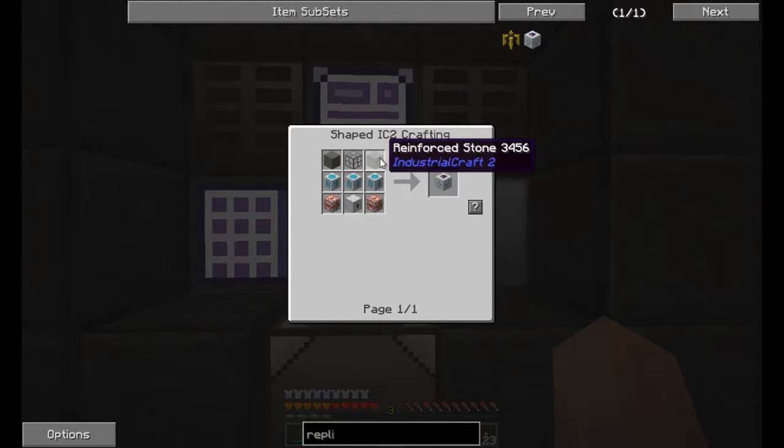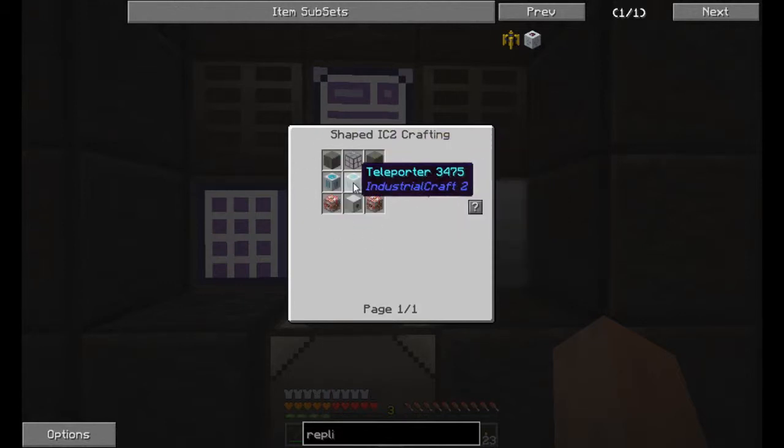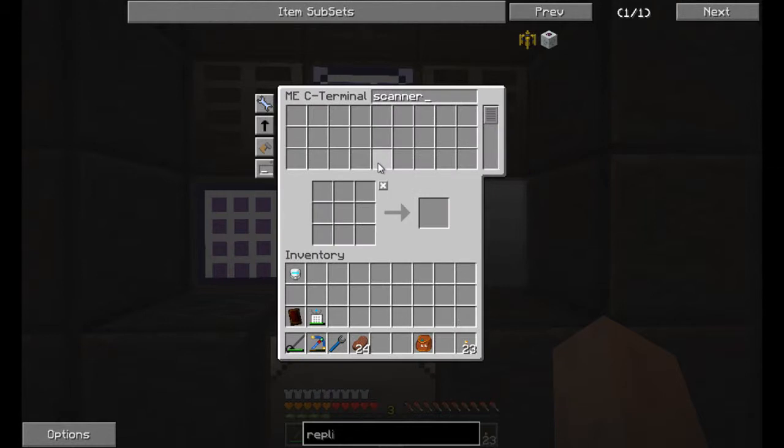Reinforced stone is a problem. There is only one way that I know of in this mod pack to do that. It used to be you'd have a stone wrapped around a mixed alloy ingot, and it would produce this stuff. Not the case. I've heard, though, that you can use...